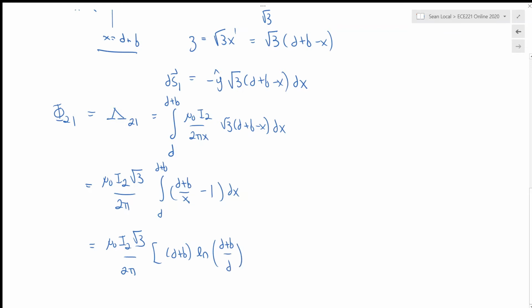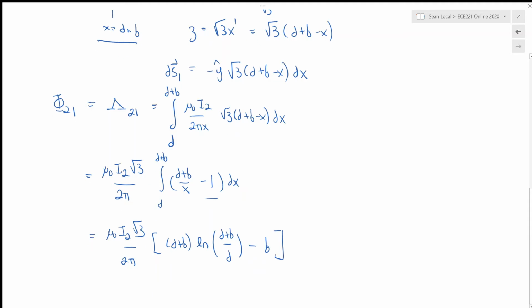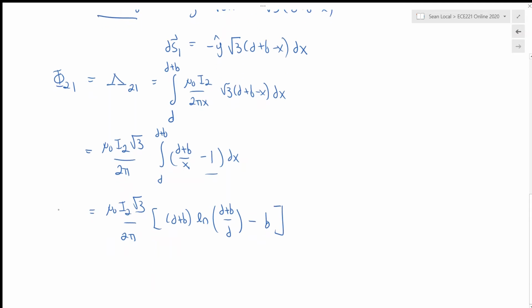And then we need to integrate the second part of the integrand, which is this minus 1, but that's very easy. That just integrates to x, and then if we evaluate it at the limits, the upper limit is d plus b, the lower limit is just d, so the difference between those two is just b. So we have this. And this is the final result for the magnetic flux linking the two